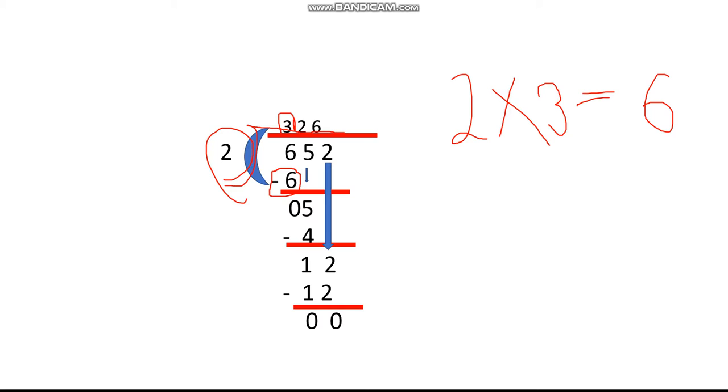Here, luckily, we got 0, which is no remainder. Now, copying the second digit, which is this, we'll be getting 5. And one more important thing I would like to tell you: if it was 152 divided by 2, then we would